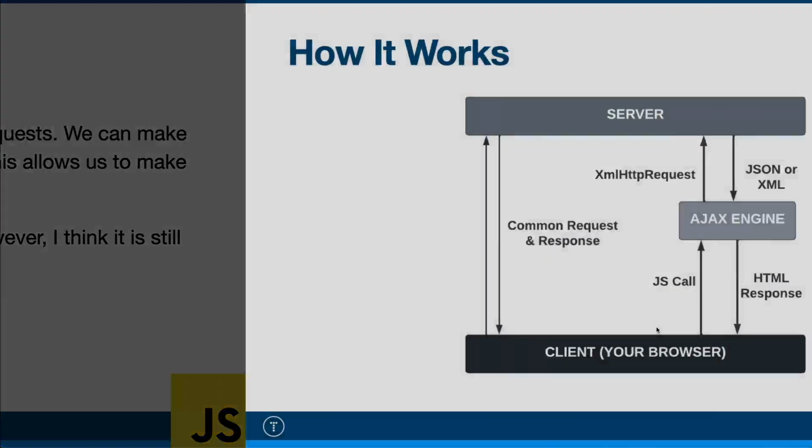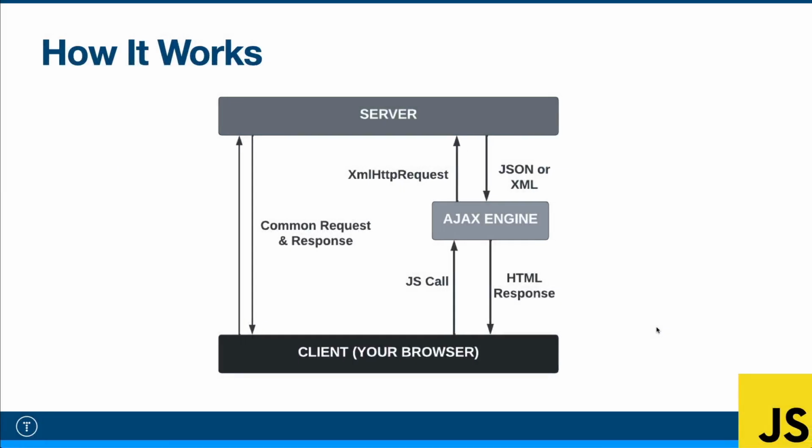Just to show you how this works real quick before we get into it, when we go to a web page and we make a request and get a response, it looks like this. Our client or our browser makes a request, the server gives us a response. When we're dealing with AJAX or even the Fetch API, we make that request from our code behind the scenes, so we don't have to refresh. This right here is when we go to the page or refresh the page, but when we do it from our code, it happens behind the scenes and makes an HTTP request to the server,